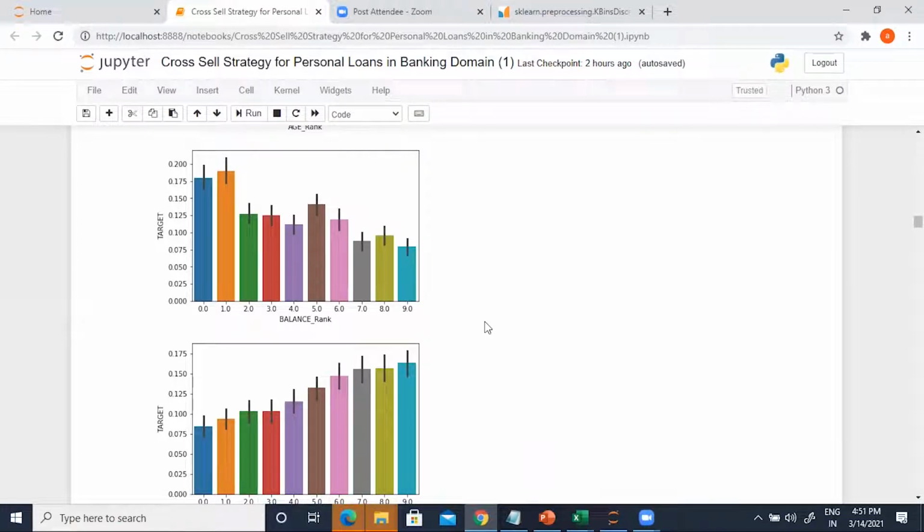Yes. So this tells you that anybody with a high balance you cannot target, isn't it? That is the conclusion, right?